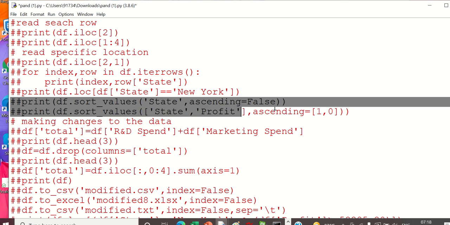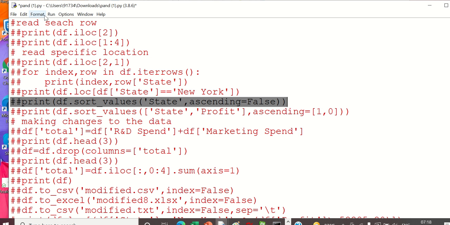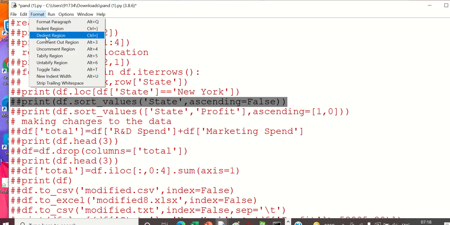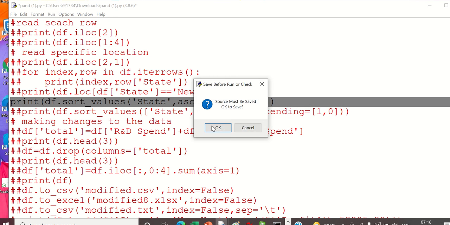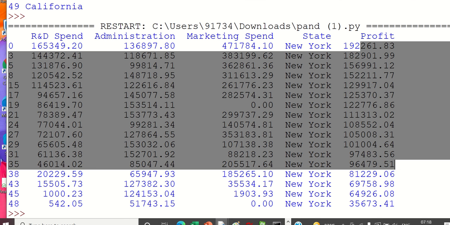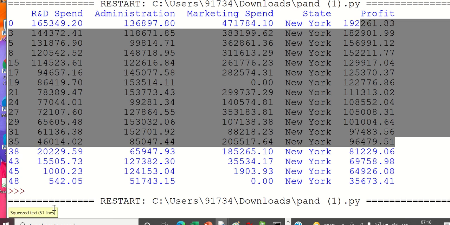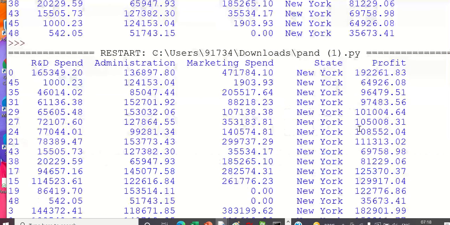You can also sort the data. Sort command is also there. So this is sorting which factor?